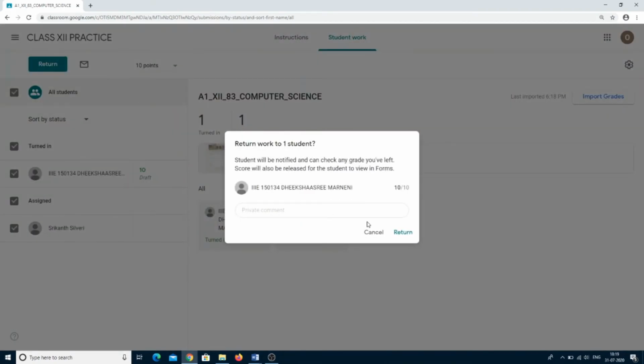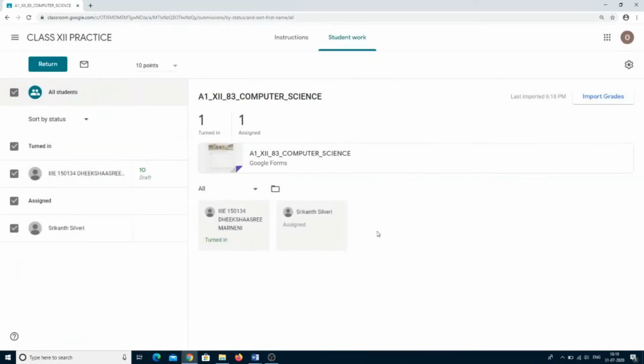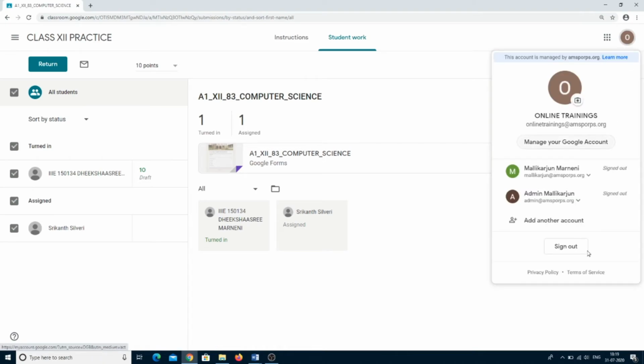Otherwise, subject HODs are not required to do all these things, because the concerned subject teacher will check how to import grades and how to return them. If you want, you can import grades and check, that's all. For class teachers, we will show how, as a class teacher account, I will go and check it out. Here also you can do it, and the subject teacher can also parallelly import grades and return the marks. Thank you. Now log out from your account, and thank you.